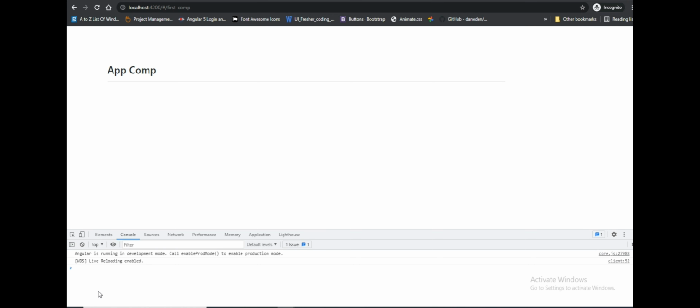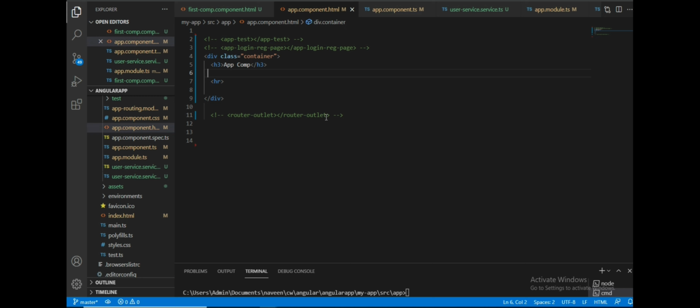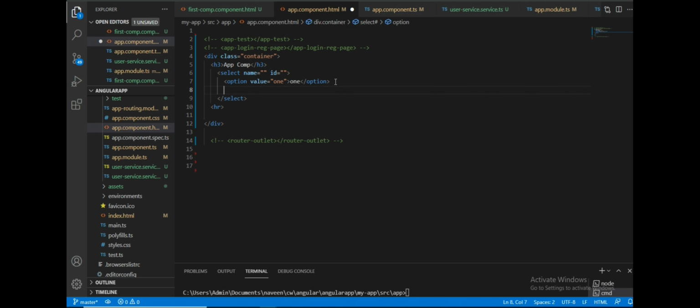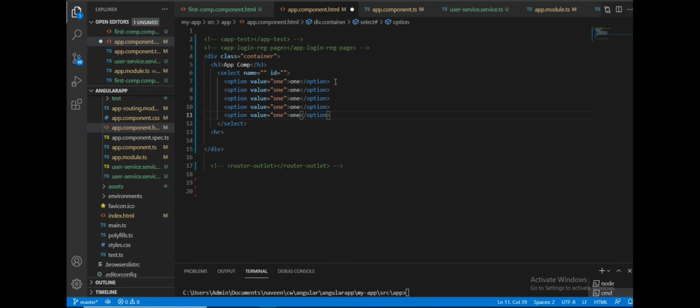So, starting from the HTML part, we will first keep a select, option 1, and copy this and paste it here.